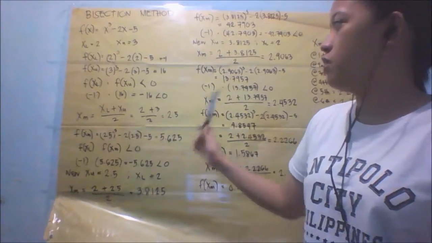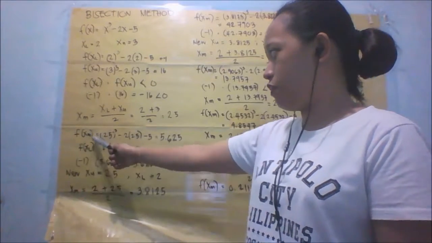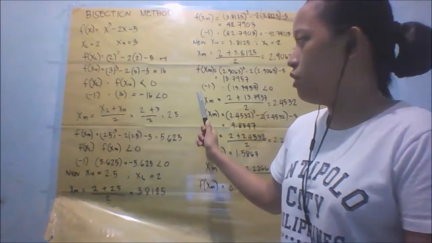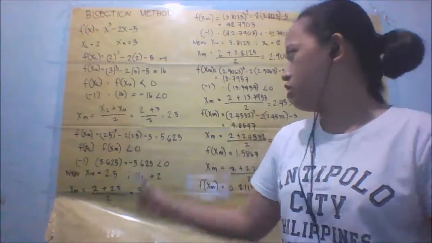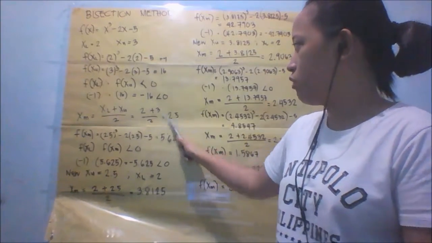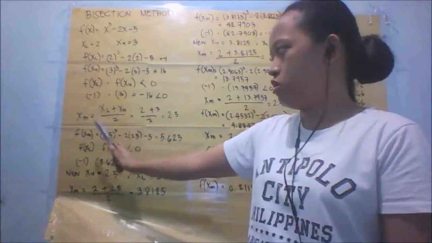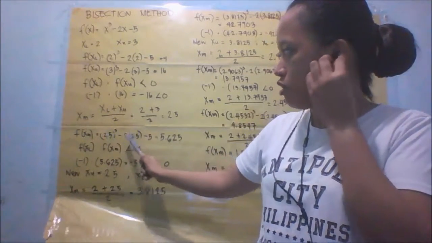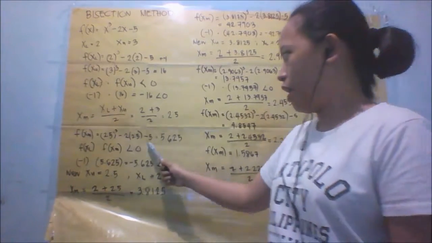Next, you have to get your f of xm. You can get it by substituting the value of your xm in our function. So we have here 2.5 cubed minus 2 times 2.5 minus 5, equal to